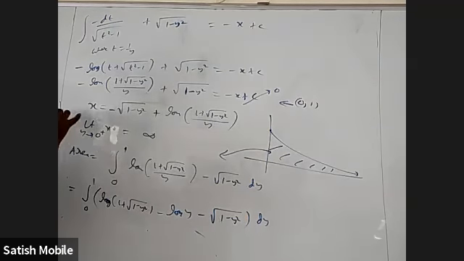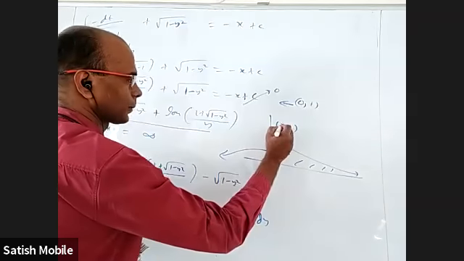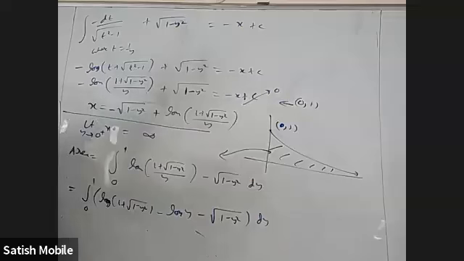So up to here we found the curve and we understood the figure is somewhat like this. It is 0 comma 1. Now we want the area under the curve. We are not able to do integral y dx, so we are doing integral x dy, and the y limits are from 0 to 1. To see how to integrate this,